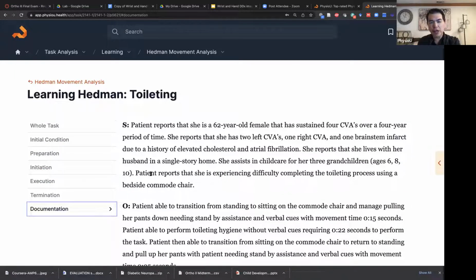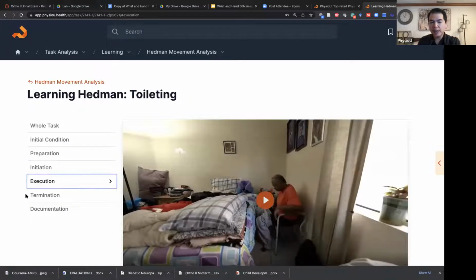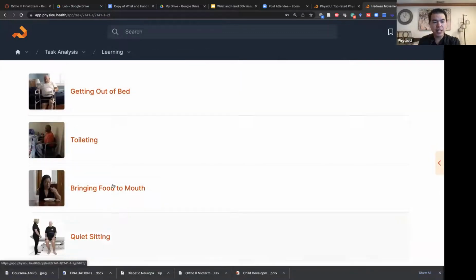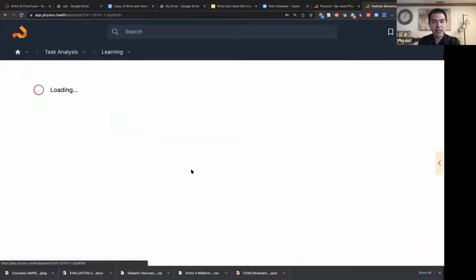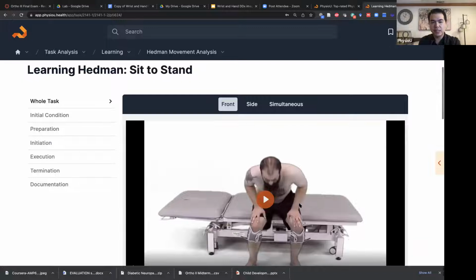So my thought was that these could be assigned as an assignment for students to do before they look at the documentation, before they look at all of these notes. We can give them a worksheet to now look at a few of these select different tasks. So if we look at sit to stand here,